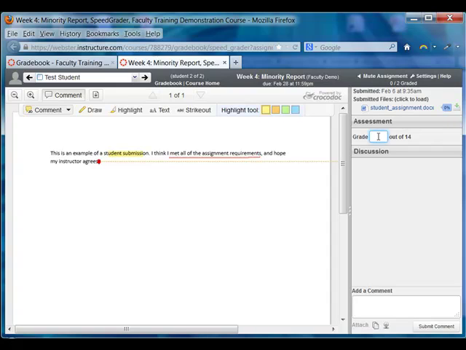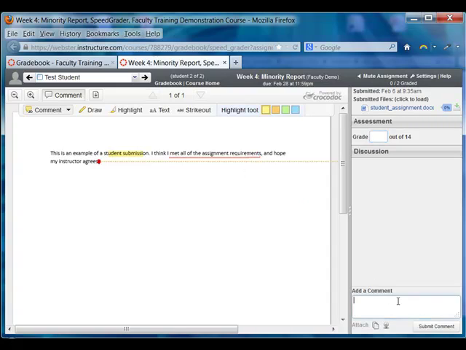As soon as you enter the grade, over here on the right side of the screen in the grade box, as soon as you enter a number there and you click anywhere else on the screen, that number will be entered into the gradebook. This can have ramifications if the student has set their notifications for immediately when they get a grade and you put a grade here, and then you read a little bit more of the paper and you decide to change the grade. So our advice to you is to add the grade last, after you've read the entire paper,